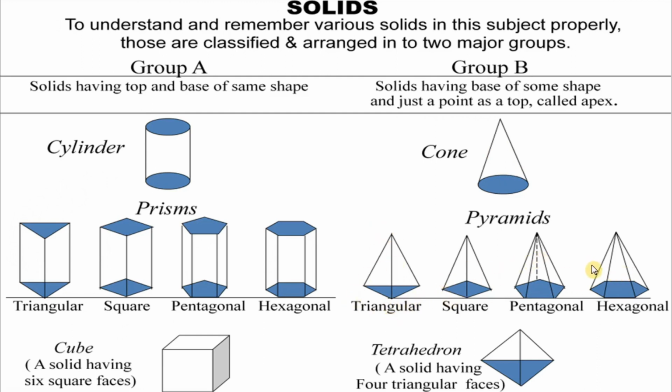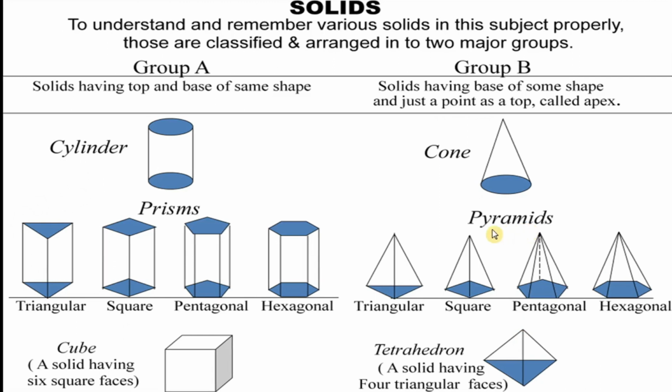So all the pyramids have their true shapes in their base and they have a point at their top, that is the apex point. The difference between the pyramids and the prisms is, the lateral surfaces in prisms are rectangular, but the lateral surfaces in pyramids are triangular. And the last object in Group B is tetrahedron. It is nothing but a solid having 4 triangular faces, among which one face acts as a base at the bottom, and opposite to that the top is nothing but a point which is called an apex. There are some other objects which do not come under Group A and Group B, like octahedron. We will see those objects later.